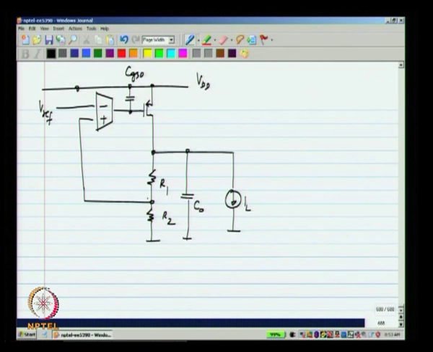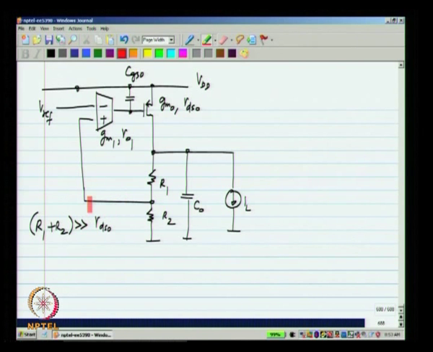In reality, you also have to consider all other poles, which you do by simulation usually. Let us say this has a transconductance of GM1 and an output resistance of RO1, and this has a transconductance of GM0 and an output resistance of RDS0. We will continue to make the assumption that R1 plus R2 is much more than RDS0. Now, the value of RDS0 depends on the load current.